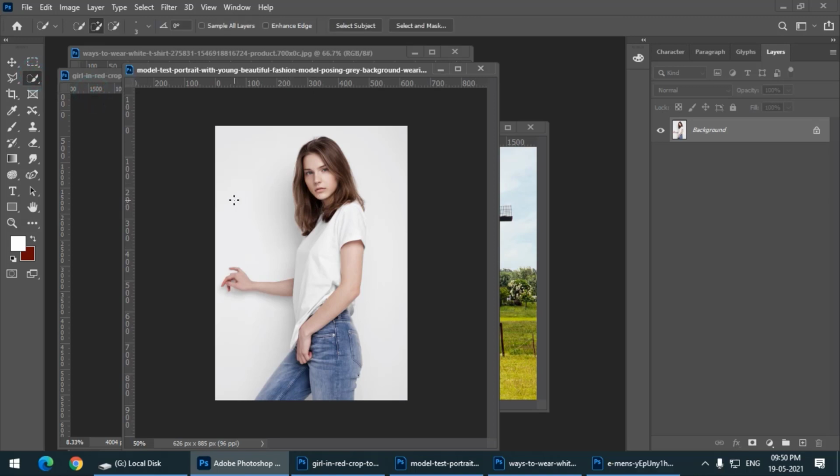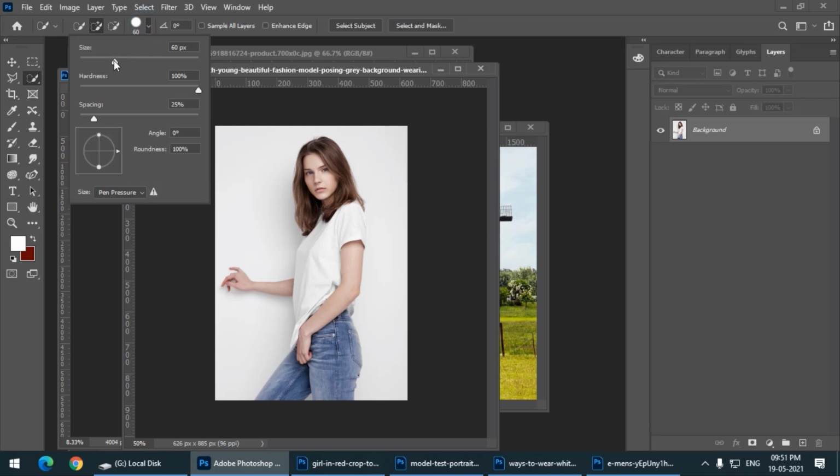And one more thing, in the quick selection tool you can increase or decrease the brush size. How can we do that? You can simply use the square bracket keys. By tapping the closing square bracket, I can increase the size, as you can see over here. And the opening bracket can decrease the brush. Or you can go over here and increase or decrease the brush size from here.